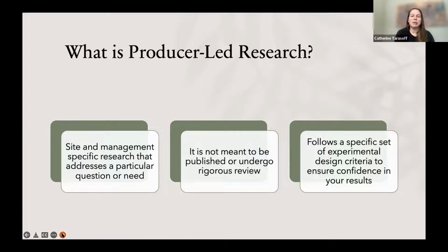It's not meant to be published or undergo any rigorous scientific review, but you do have to follow some experimental design criteria, and this is to make sure that you have confidence in your results. So we will focus a little bit on that in my presentation, and then you'll see it again in Tyler and Wayne's presentation. I have this rule of 10s, so you always need 10 samples, and that's really important because